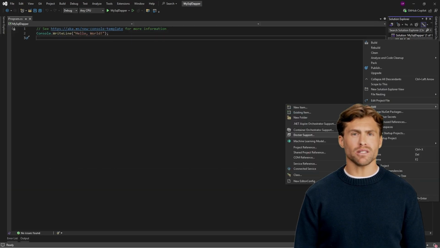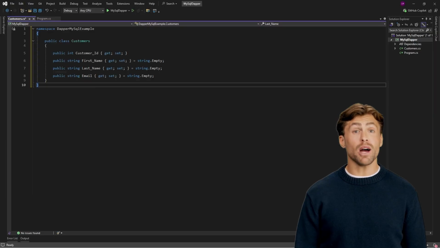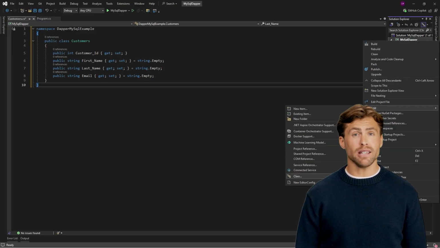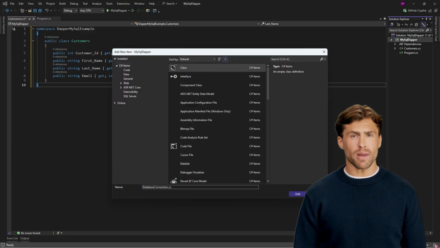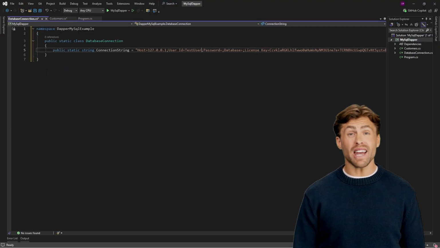To map data from the customer table, we create a simple class with properties for each field we'll use. This model makes it easy for Dapper to map query results into strongly typed objects automatically. We also add a helper class that stores our MySQL connection string. It exposes a simple method that opens and returns a live connection, ready for use in any part of the